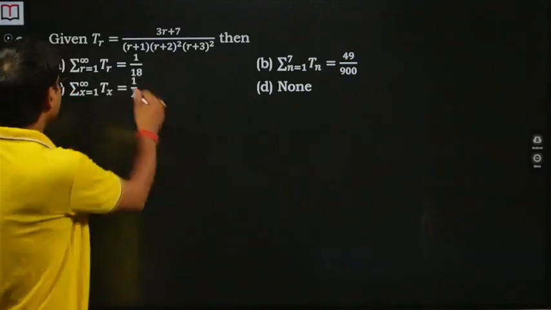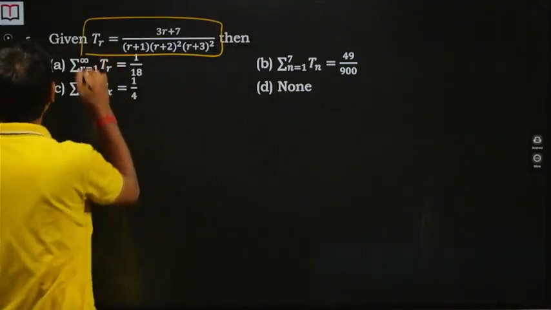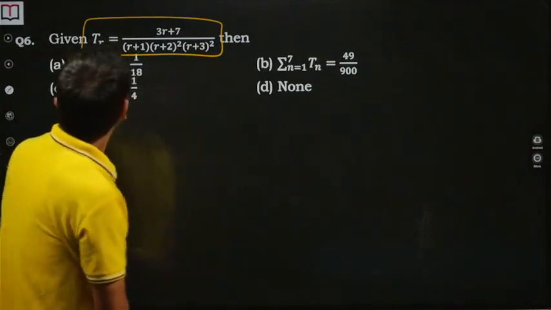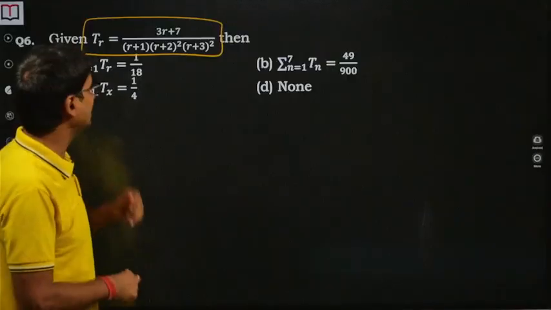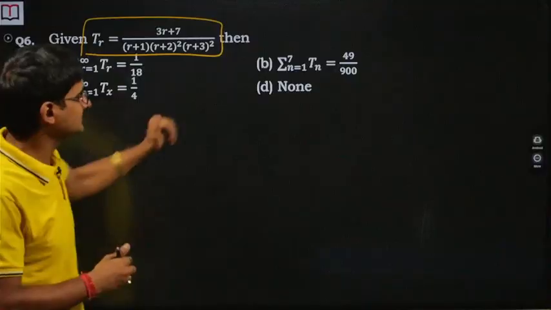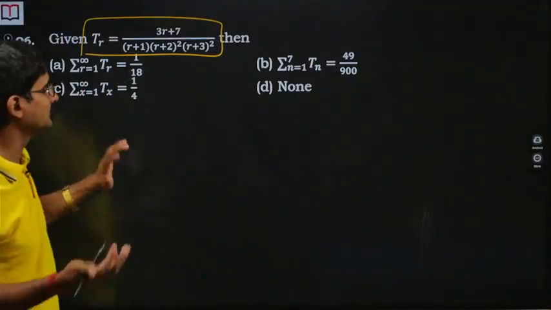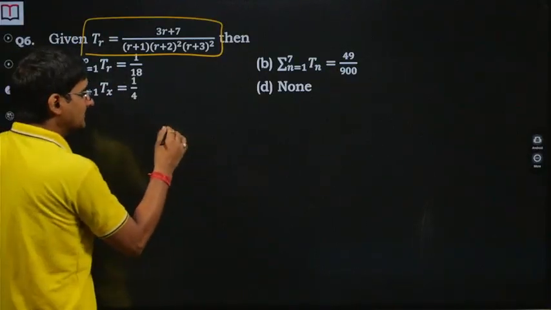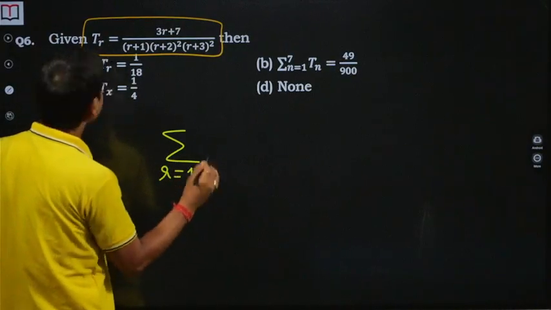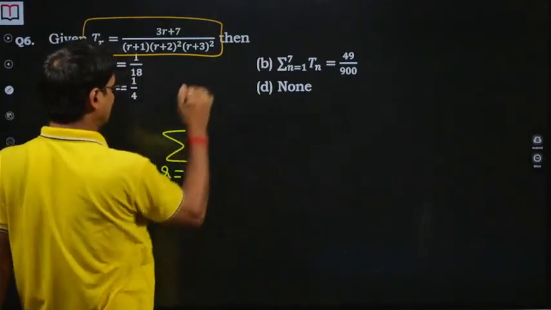Next question is, given this, so again, I got this question as a doubt and I really found it to be a good one. So this is the question which we have to evaluate, the series, and the options are summation of TR, summation of TN, summation of TX, whatever it is, and none of these. See, the first thing, let me discuss here, what did I think about it? So I'll be solving this.